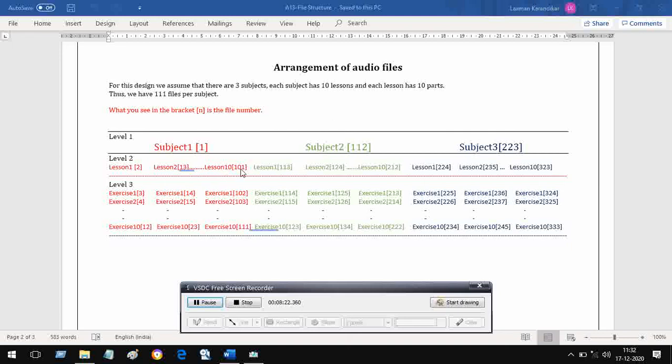That is 101. Right? And therefore, when you take this lesson, the addresses start from 101. First exercise of lesson 10 will be address 102, then 103. It will go on to 111. Based on that, I have worked out equations so that when you write the navigation program, you find it easy to reach the correct address.